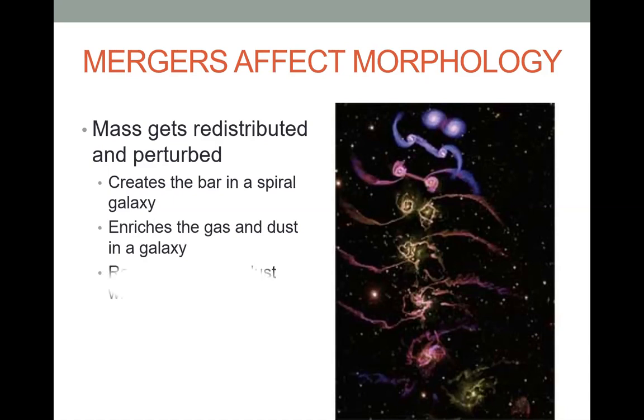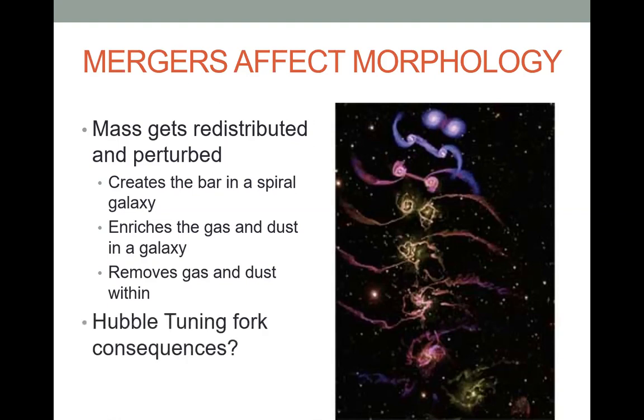And it turns out that it creates the spiral bar, aka this bridge between the two galaxies. It enriches the two disks of the galaxies, or just enriches the gas and the dust and the stars within the galaxies. And in the process of producing tidal tails, it can remove some of that gas and dust as well. What this basically means is that this gives us tangible proof that the Hubble tuning fork,